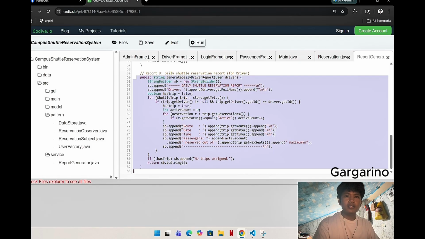Then for the next is the if trip get driver. So we added this condition to avoid null errors and make sure the trip belongs to the current driver. And for the next part, count active reservations, has trip true. Then we count how many passengers have active reservations. Then for the next is display the trip details like route, date, time, passengers reserved out of